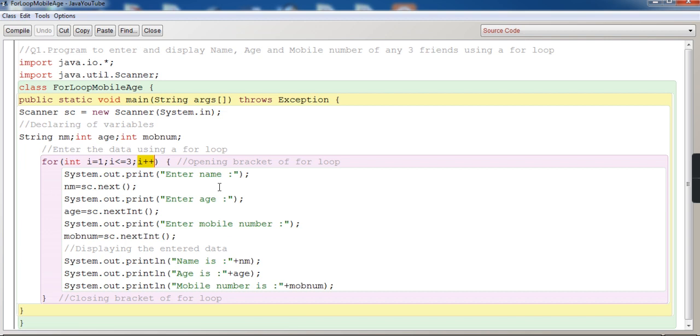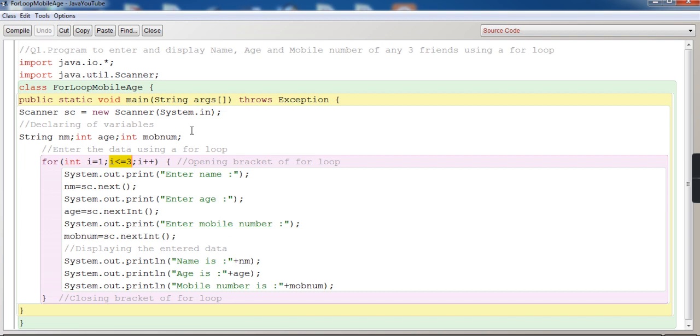Now because of plus plus, plus means it will add 1 to the variable I. I was 1 last time, so 1 plus 1 is 2, so I will become 2 now. As I becomes 2, it will go back to the test expression, I less than or equal to 3, and check it. As I is 2 now, 2 is less than 3, true.